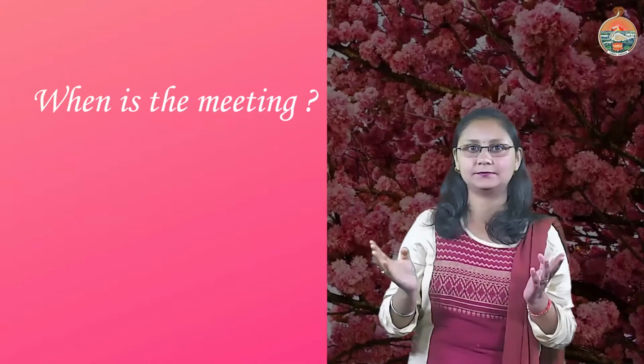In the direct question, the word order that follows is action word plus the doer. Yes, always remember this. When we write a direct question, in that question itself, we should have a doer as well as an action word. Now, where will that action word and the doer be? It will be after the question word. Confusing? Let's see it with an example. For example, when is the meeting? So you can see here we have a doer as well as an action word.